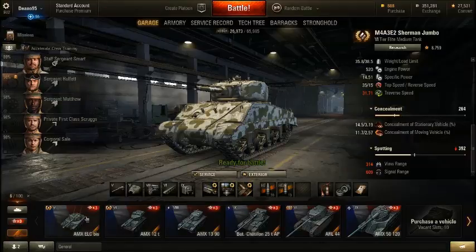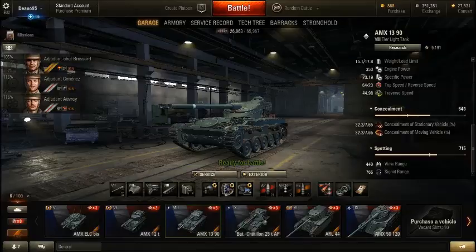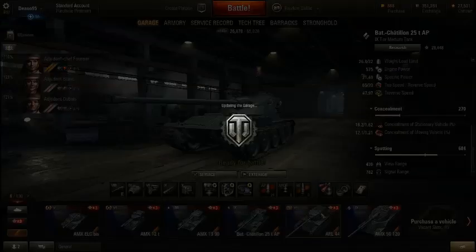Now, the 12T, 1390, and the Bat-Châtillon are all assassin machines. You rush in and you rush back out while doing damage. You don't want to stay in the same place for too long, and you want to switch flanks as often as possible. Keep the enemy guessing, and you're able to do quite a lot of damage with this sort of playstyle. AMX 44 because it's probably the most flexible and probably the best armored